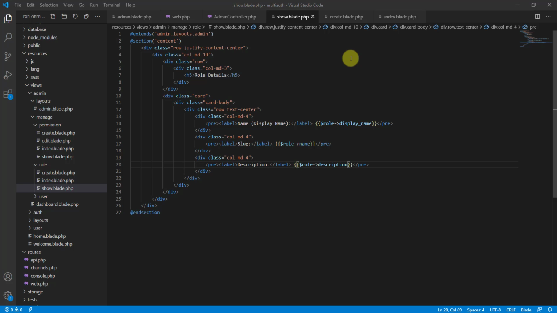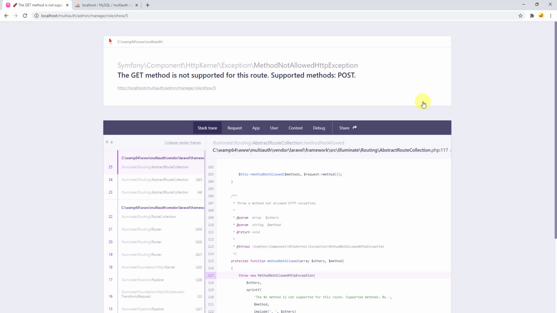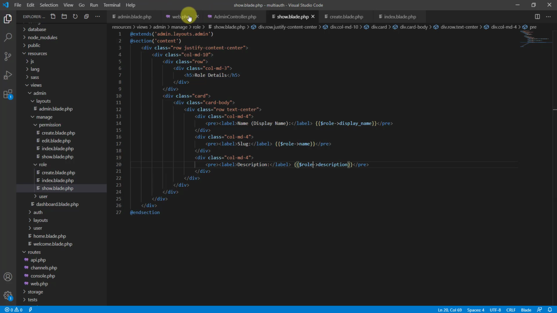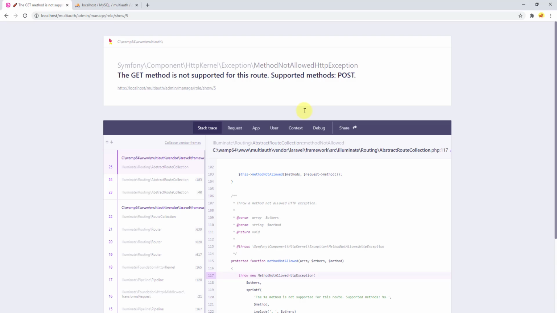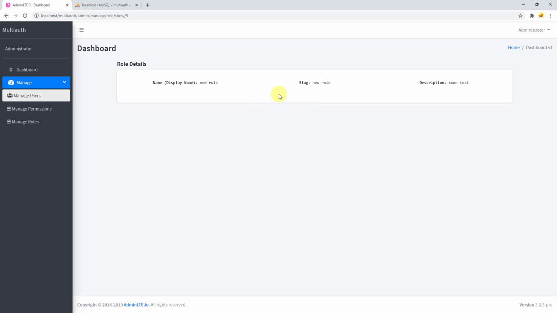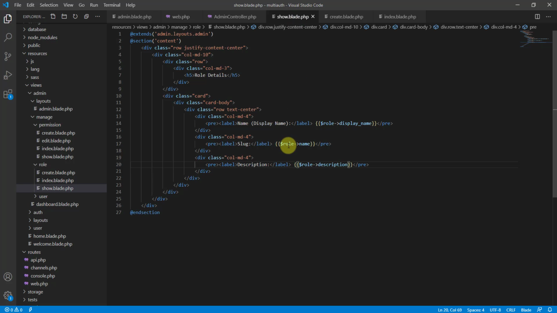Now if we go back to the browser and refresh and go to this info link, it says get method is not supported, and that is because this method should be get. Now if I refresh, yeah, you can see now it shows the information about our roles. Now let's also echo all the permissions attached to this role. So for that, what I can do is, first guys,